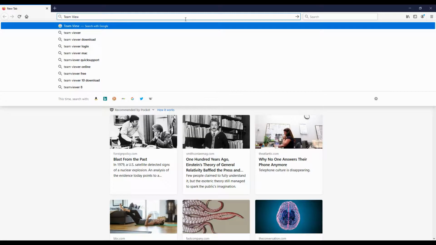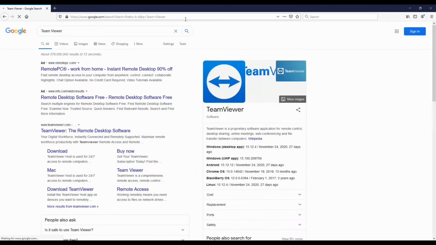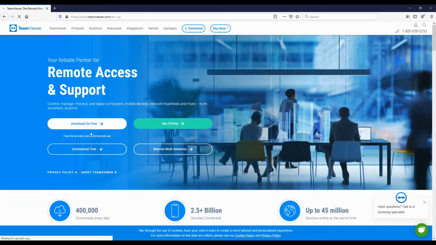TeamViewer, and that should bring me to my Google results here, and you can see that the top link here is teamviewer.com. That's the link I want. So if I click on that, this is going to bring up the teamviewer.com homepage, and what I'm going to want to do here is I'm going to want to click download for free, and that's going to bring me